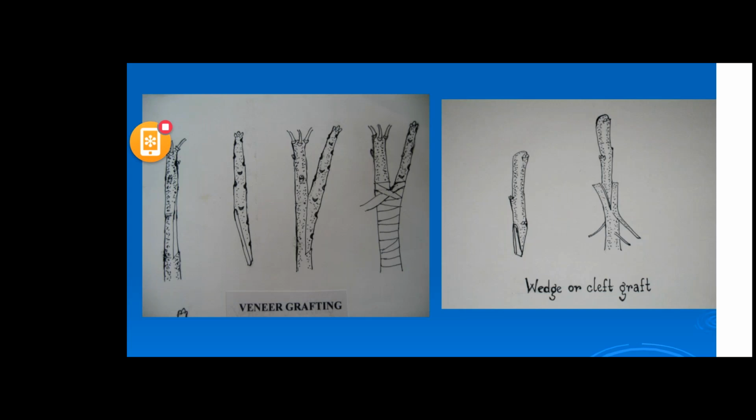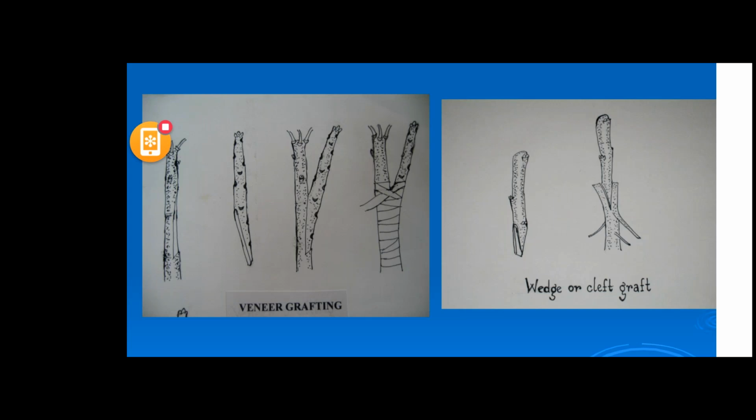Veneer grafting should not be made over the first node of the plant, because if you graft over the second or third node, the growth of the scion will be less. Make it below that 20-25 centimeters, in between the nodes, on the clean portion,